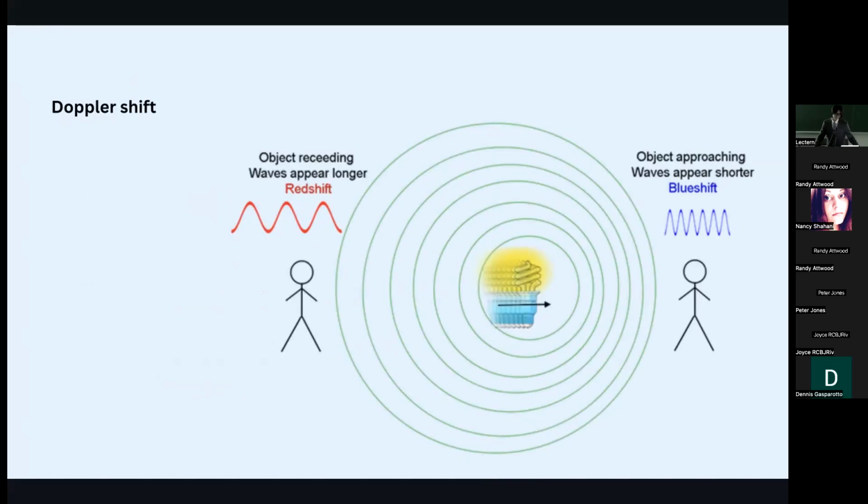And that's basically, as the car's coming toward you, wavelengths are compressed to make shorter wavelengths, which actually appear more blue, which is called a blue shift. Very intuitive naming. And as it goes away from us, the wavelengths are stretched apart, creating redshift. So in terms of visible light, we would see objects more blue if it's moving towards us, and more red if it's moving away from us. This is how we can determine the radial velocity of the star.